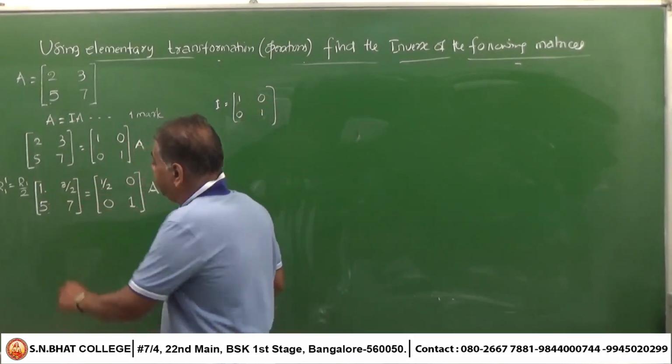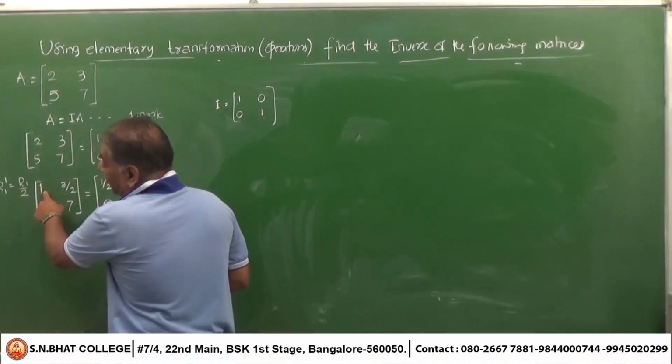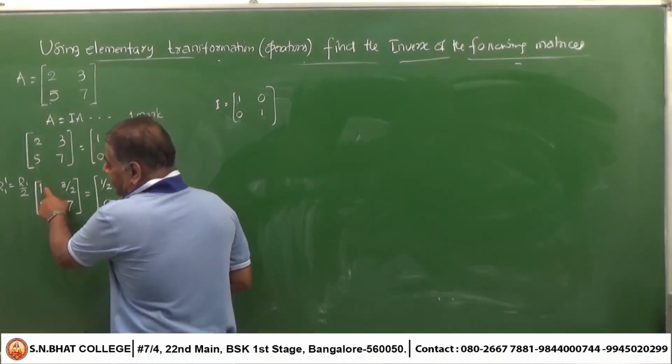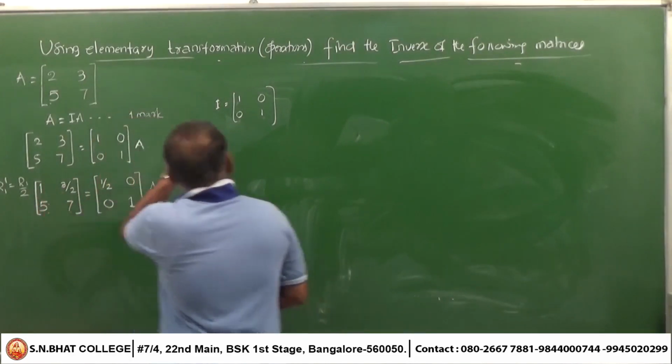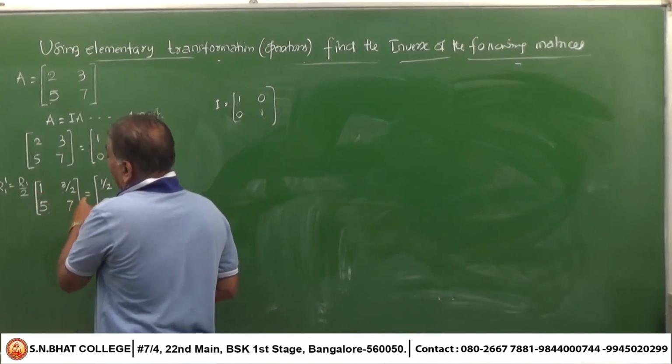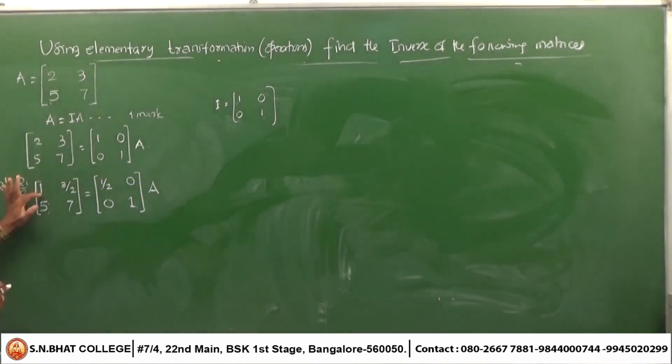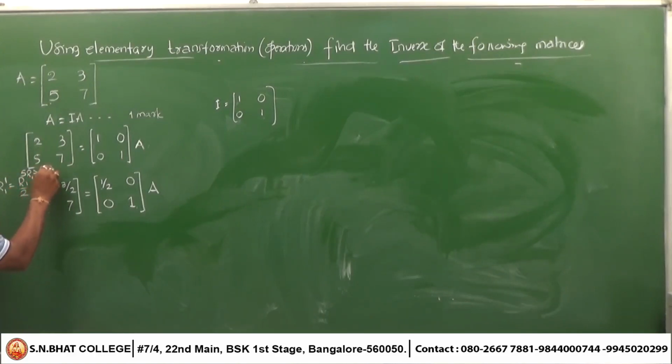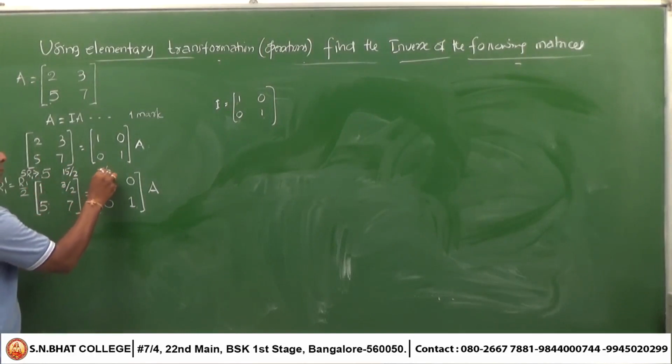Next I have to make this 0, which means in the previous row this element should be 5. If I make this 5, then 5 minus 5 becomes 0 here. To make this element 5, calculate 5 R1. If you multiply R1 by 5, it becomes 5. In the previous step, calculate 5 R1: 5 into 1 is 5, 5 into 3 is 15 by 2, 5 into 1 by 2 is 5 by 2, and this is 0.